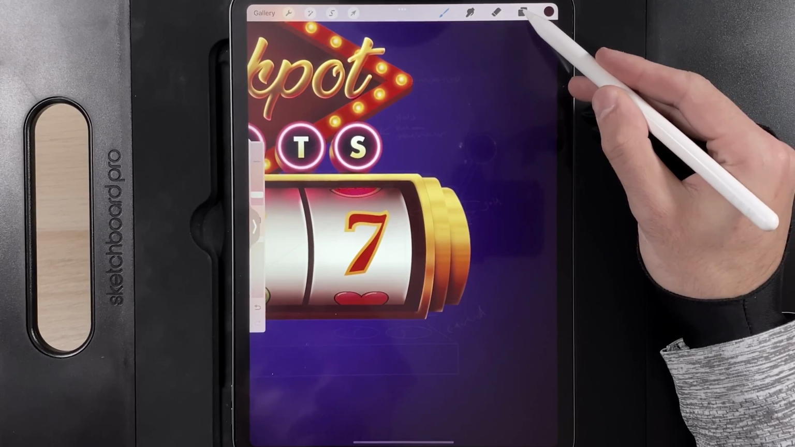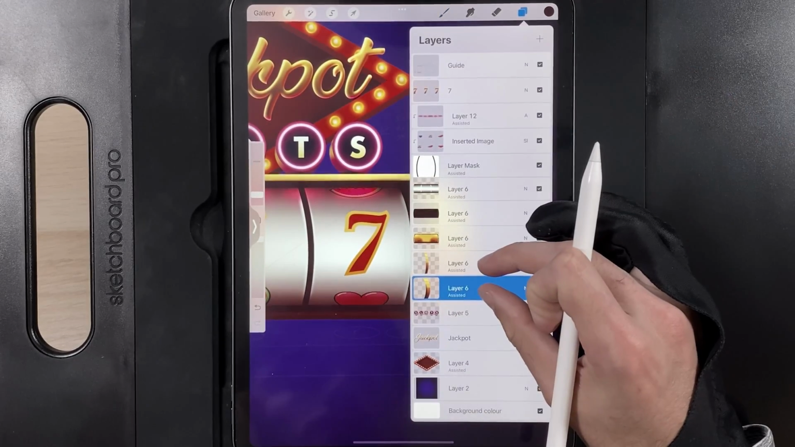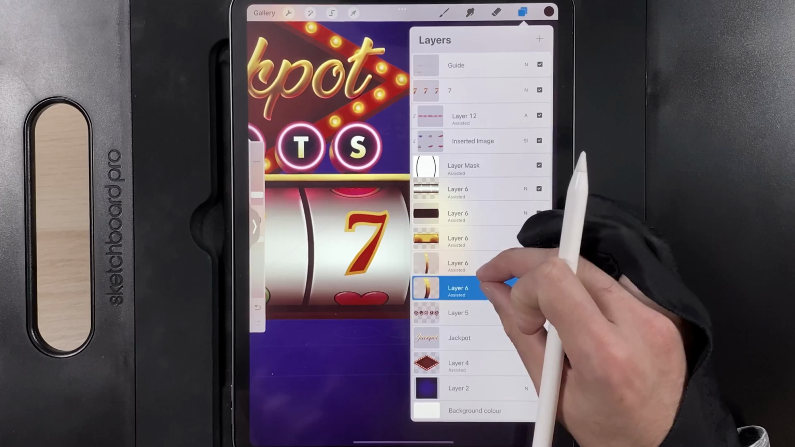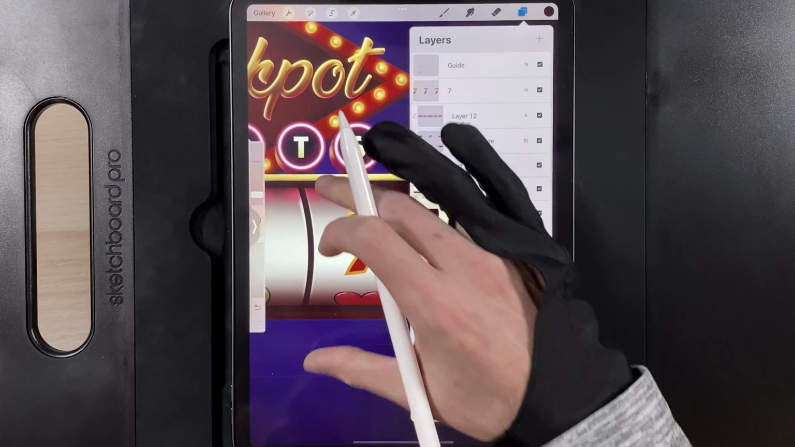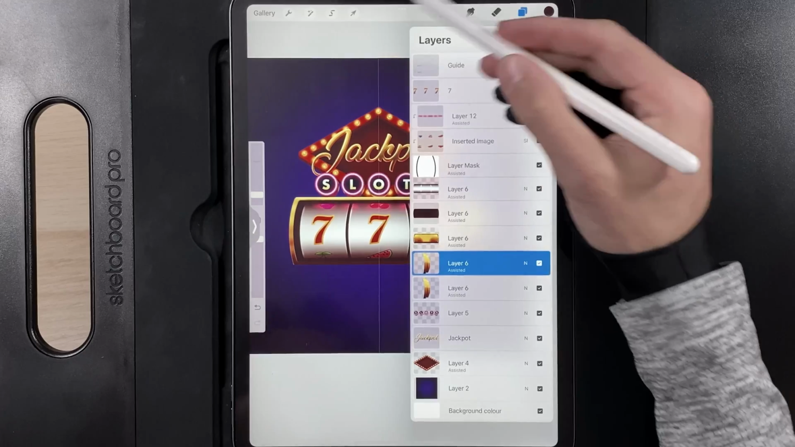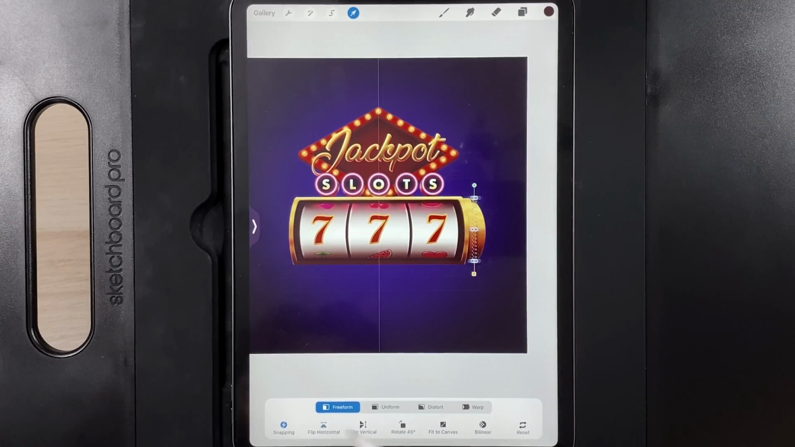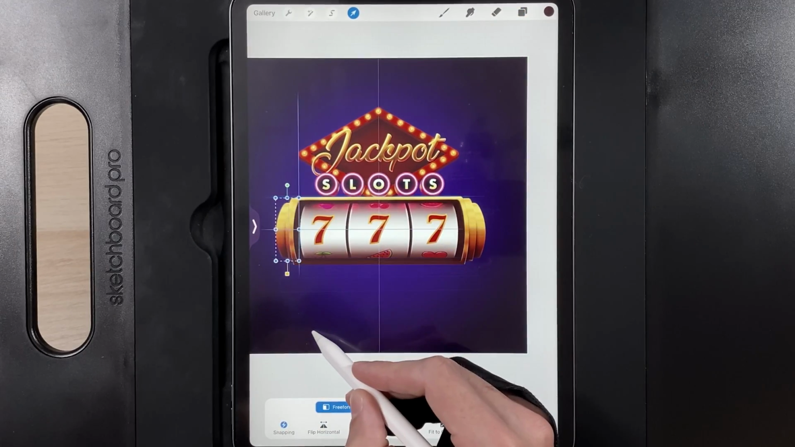Let's then go ahead and go to our layers and pinch these two layers together. So the two bits on the edge, pinch them together, swipe the layer to the left and duplicate it. Zoom out of your canvas and go to your cursor and flip this horizontal and move it off to the